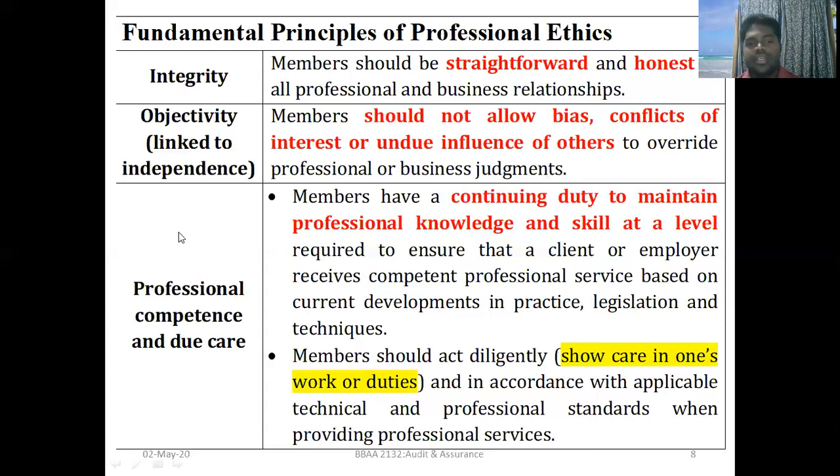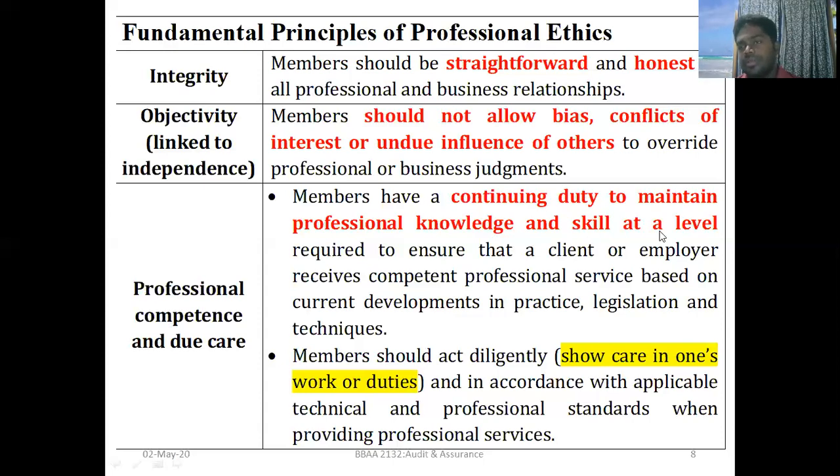The third one is professional competence and due care. The CA Sri Lanka Code of Ethics says all the members should be professionally competent and exercise due care. What does it mean? Professional competence means the members have a continuing duty to maintain professional knowledge and skill at a level